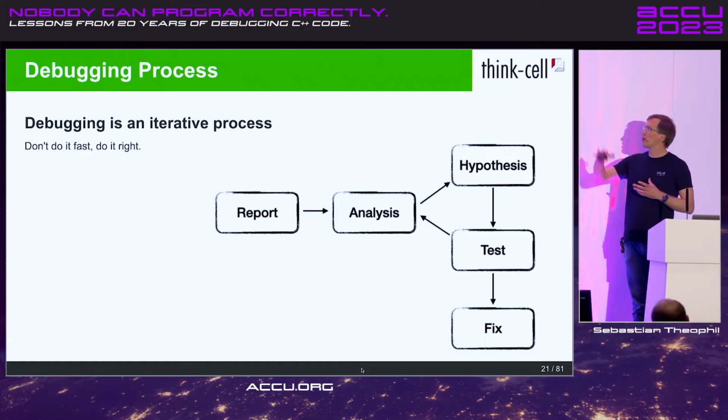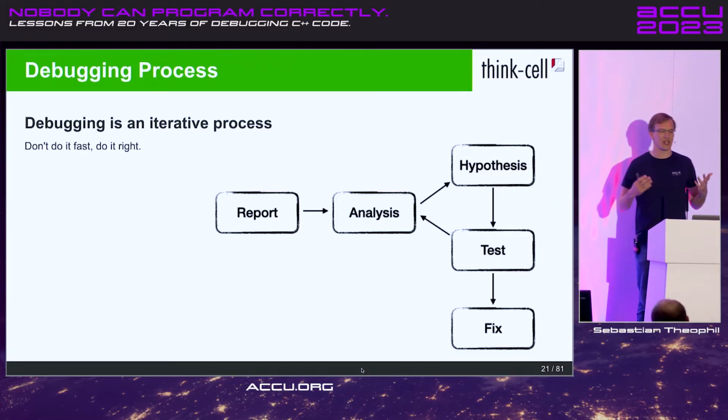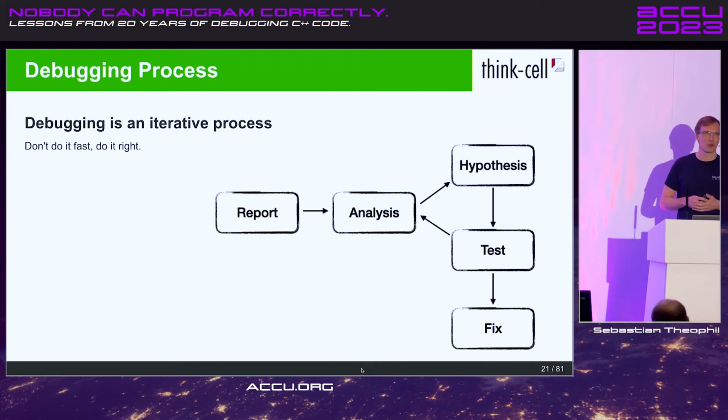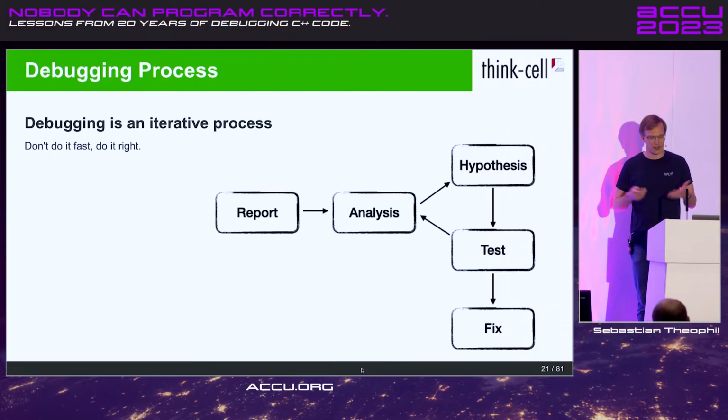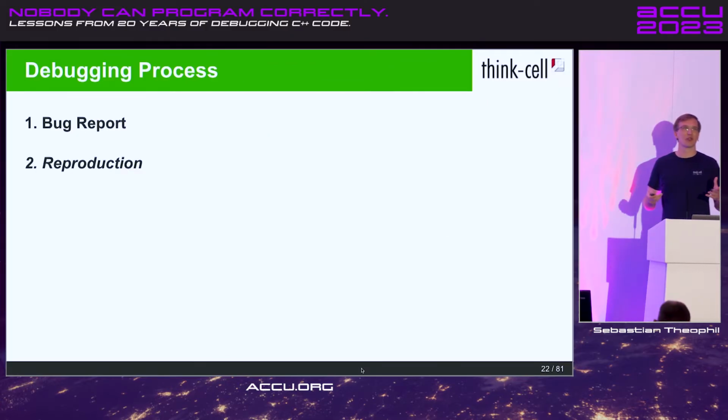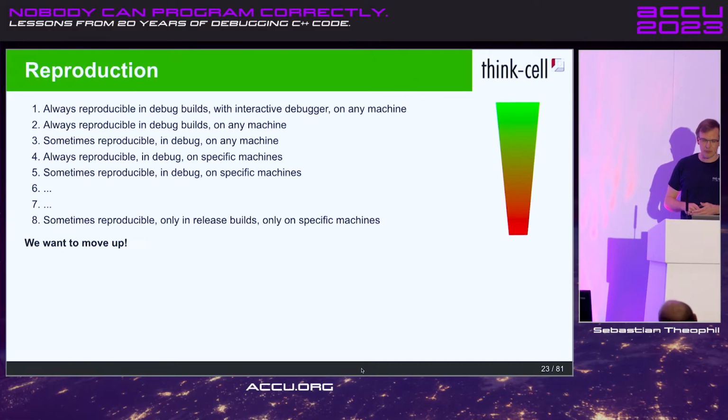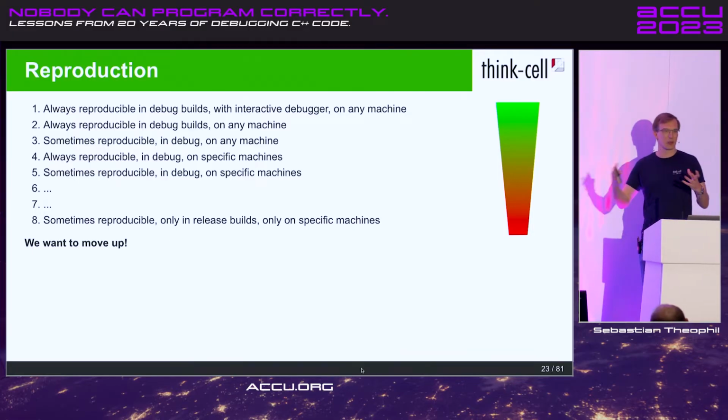And now, in order to do that analysis repeatedly, we first have to be able to reproduce that problem, ideally in-house, somewhere on your own machine, in the best circumstances. So we want to reproduce the bug. Now, whether a bug is reproducible or not is not such a binary thing. There are different degrees here of reproducibility.